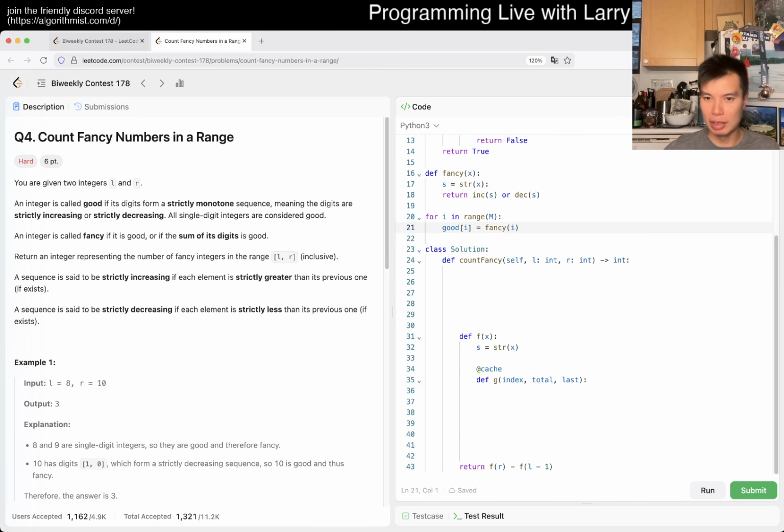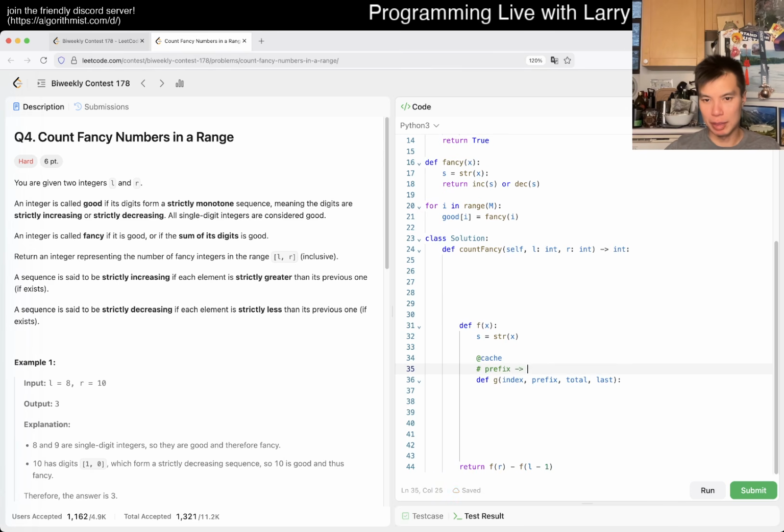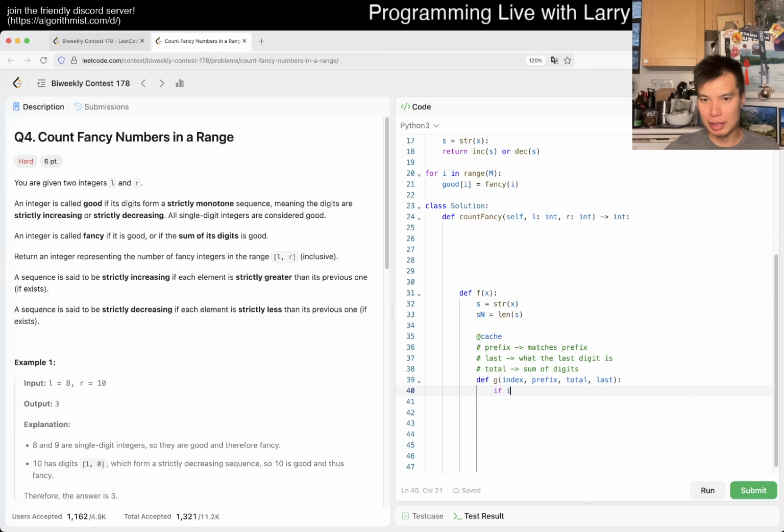So then now we have all this, right? Okay, so then now we have index, total. We also need is prefix, right? Total is and then the last digit, right? So gonna add prefix, actually prefix. Last digit is gonna be what the last digit is, and total is just sum of digits, right? And then maybe I like to write Sn for the length of s, right? So then now if index is equal to s of n, then